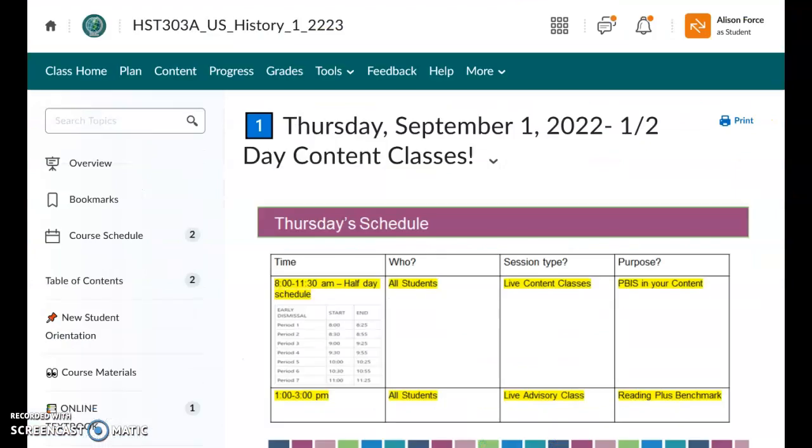The last section I'd like to point out very quickly is your grades. This is the best place to monitor